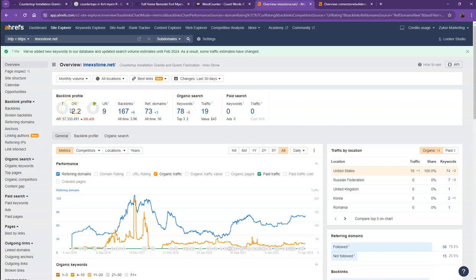So this is the level of trust that Google has in your website, and UR is the strength of your website. Backlinks, on the other hand, are other websites that refer to your website. So they're like shoutouts from different directories like Yellow Pages, Yelp, and the like. One important thing that I need to discuss about backlinks and referring domains is that this actually needs to be